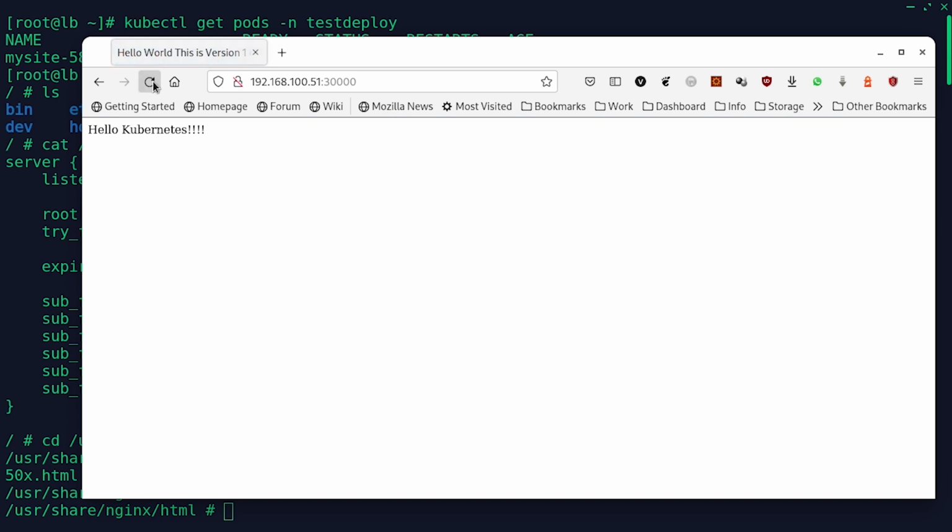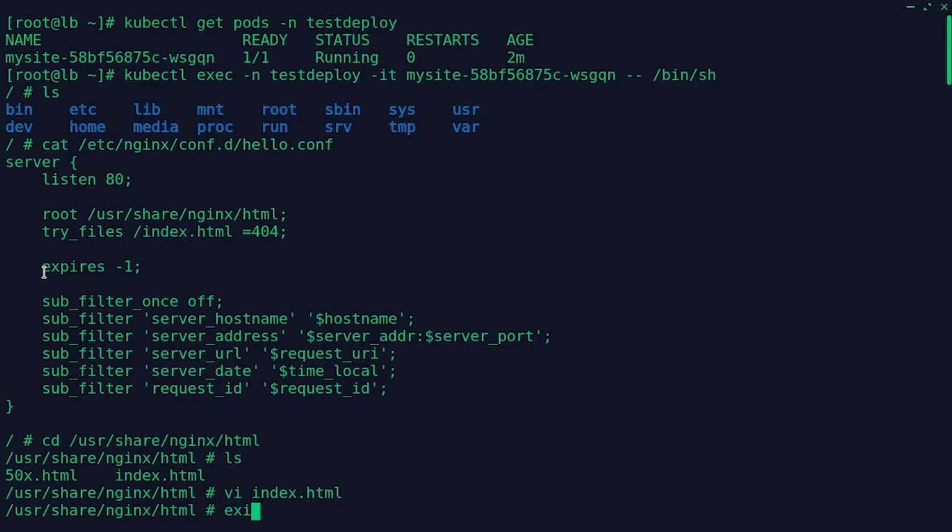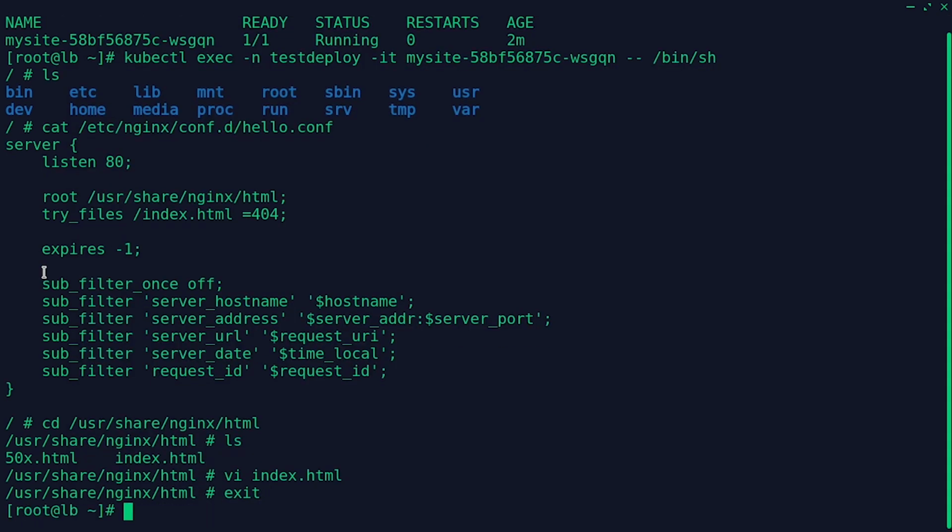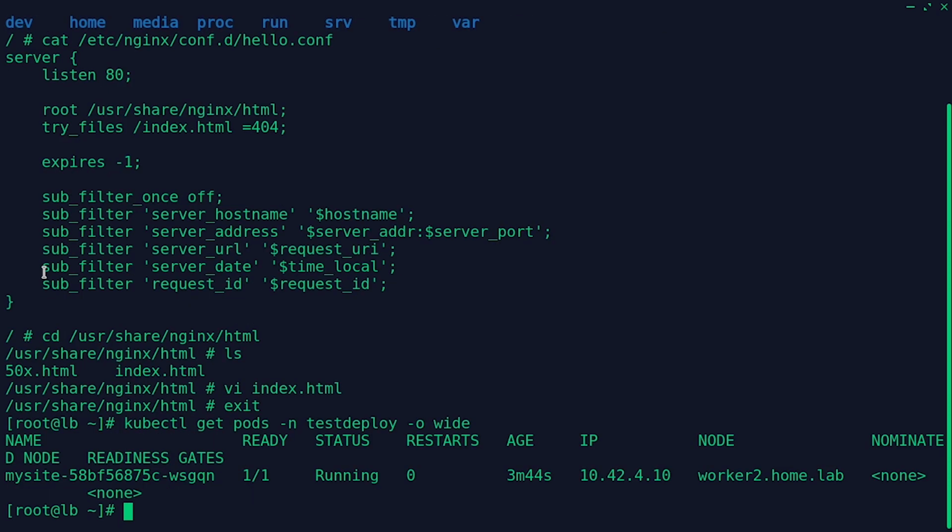and there we go. Alright, now I'm going to power off the worker node which our pod is running on to see what happens. Let's see which node it's running on. It's node 2. Let's power it off.